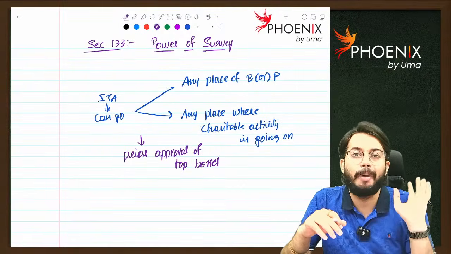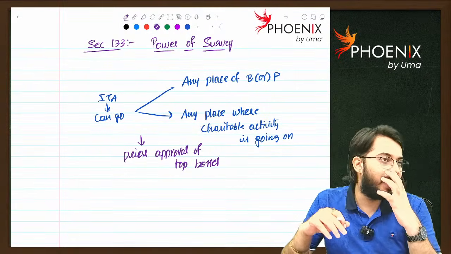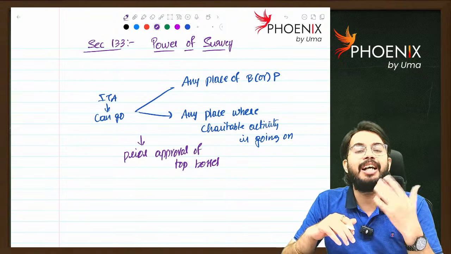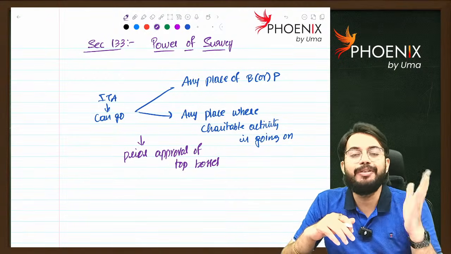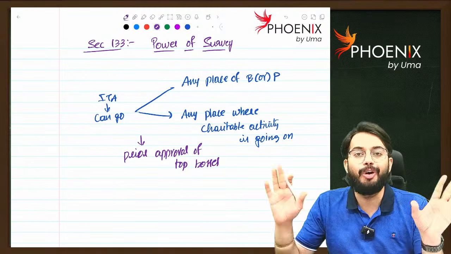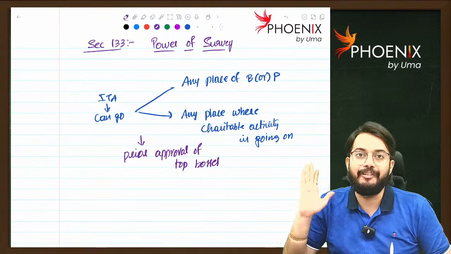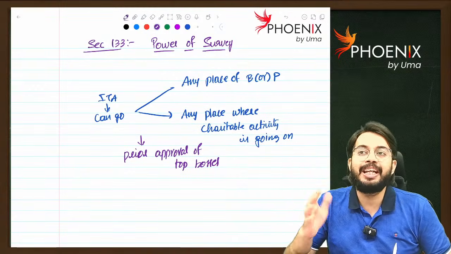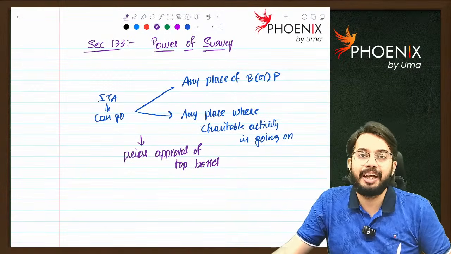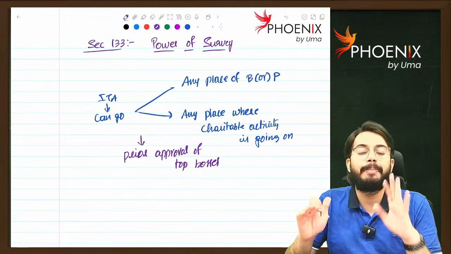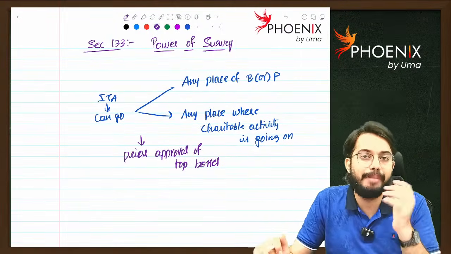He went to one shop and purchased a refrigerator for 40,000 rupees. He asked the shop owner to reduce the price to 22,000 rupees. The shop owner said no. Immediately he started doing a survey. So it became like every income tax officer was taking advantage of the 133 survey. That's why lawmakers made the amendment. They said only with prior approval of top bosses can a survey be done.